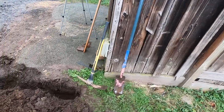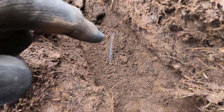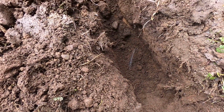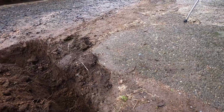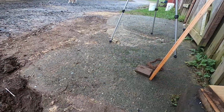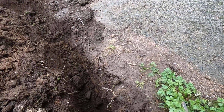So I dug down here and found it. So you can see it runs along right here. So it must have been put in prior to this little bit of concrete here getting poured. So now my options are